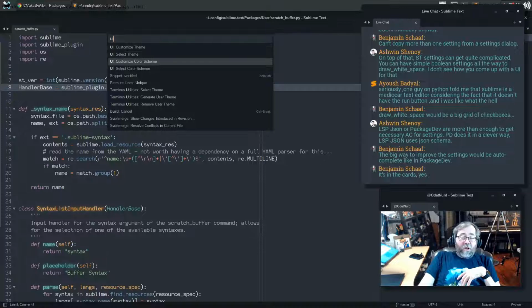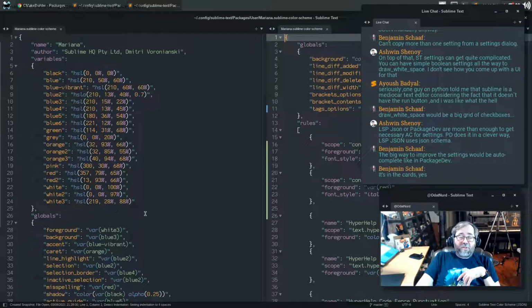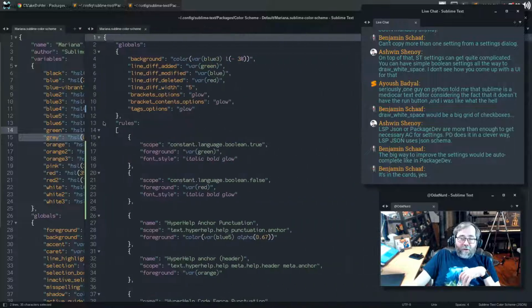I find primarily, my use case is slightly different, for being able to describe to people how you might customize your color scheme, because it's enough to say, choose customize color scheme, now add a rule on the right to make your booleans glow green and red, depending on whether they are true and false, and otherwise do other stuff,